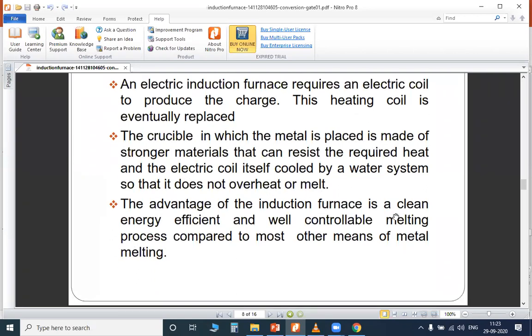So the advantage of the induction furnace is a clean, energy efficient and well controllable melting process compared to most other means of metal melting. The main advantage is a clean process. It takes a very short time. Within a short time, it can start melting.